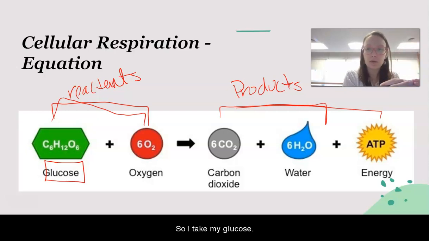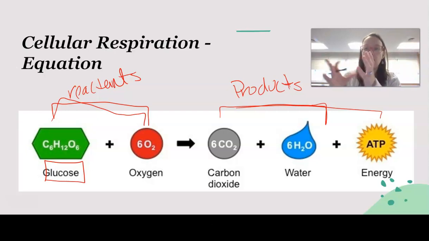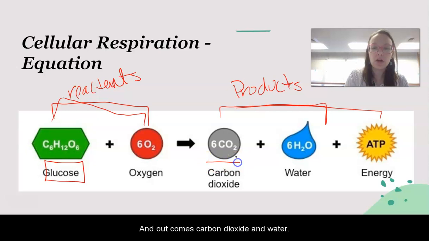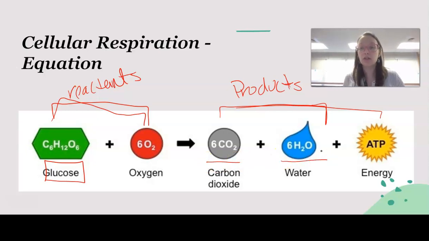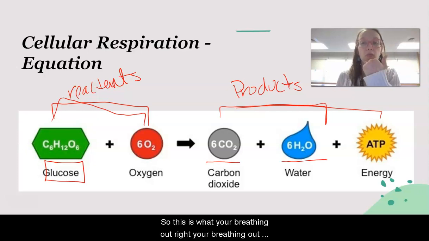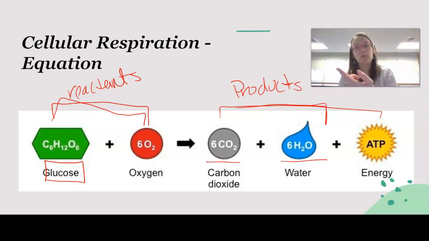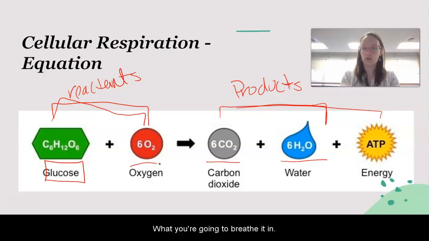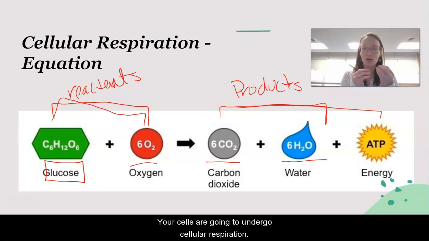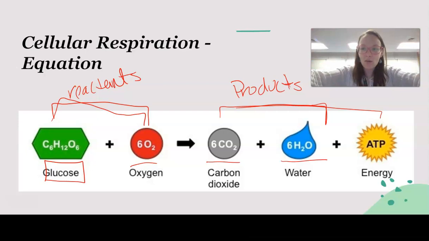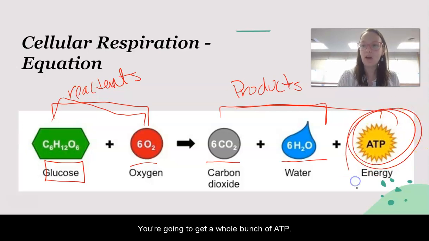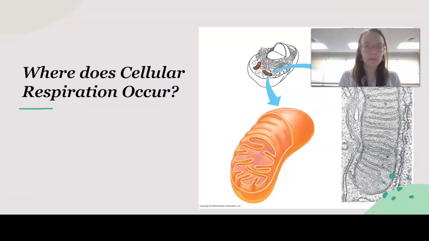So I take my glucose, I add in oxygen, I go through some processes, and out pump my products. Out comes carbon dioxide and water. So this is what you're breathing out, right? You're breathing out carbon dioxide. Plants are going to take it in. They're going to release oxygen, which you're going to breathe in. Your cells are going to undergo cellular respiration, and you're going to put out carbon dioxide. And through cellular respiration, you're going to get a whole bunch of ATP. So this process of cellular respiration,